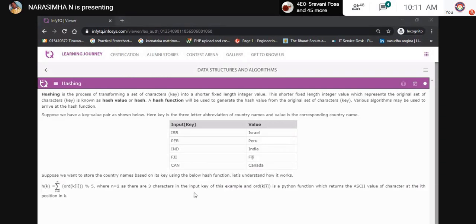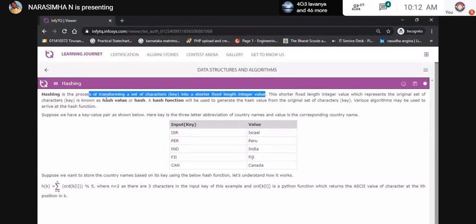Right. Now, let's see here. They took a small example. Just try to get it first. Hashing is a process of transforming a set of characters into a shorter fixed length integer value. That means if you have a huge amount of data, or a lot of length in one single record, then it converts that large amount into something shorter.